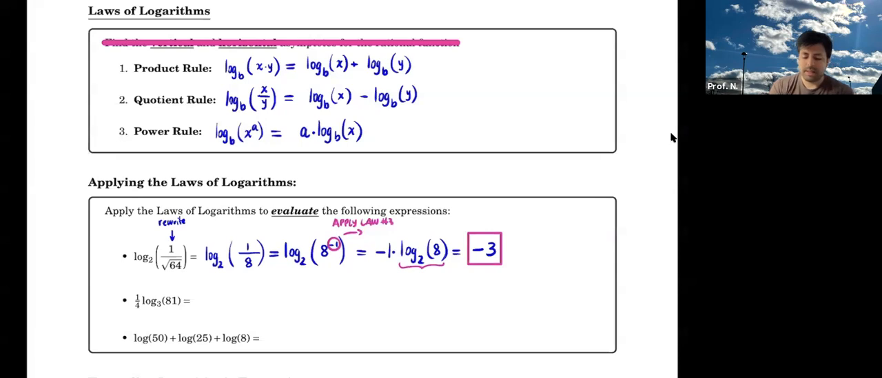Make sense? So that's how I was able to evaluate log base 2 of 1 over the square root of 64. That whole expression that we had here was evaluated by rewriting the inside, applying one of the laws here that was applicable, and then I was able to simplify it and get negative 3. Okay, great. How about